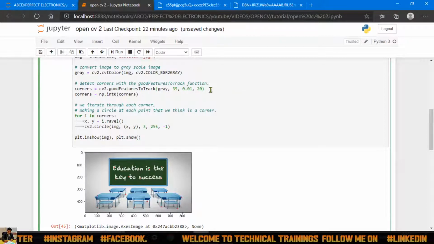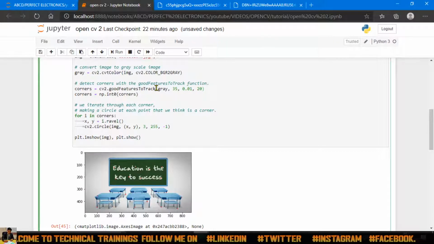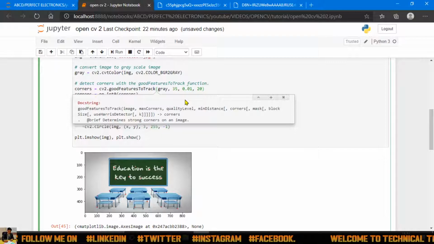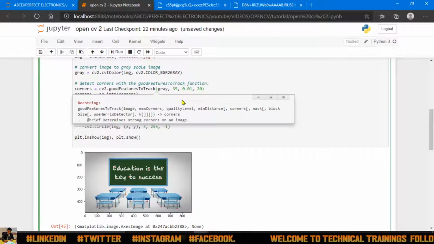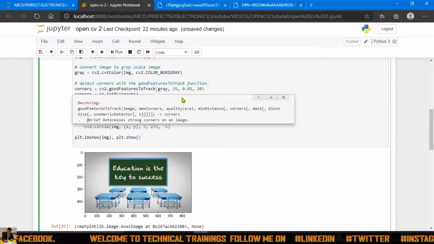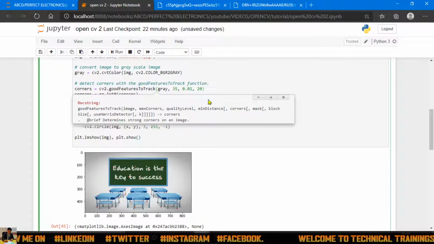Now what is this parameter? I have told you that this is nothing but the accuracy, then minimum length. You can go and check it with Shift Tab. Quality level means what exactly quality you want. If you are working on a very particular project, like the detection of hand and all, at that time you must be using a good quality and you must have pre-processing on it. For the example, I'm showing it very lightly and very quickly.